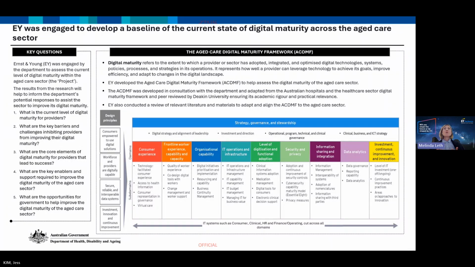In terms of the framework, hopefully this is reminding you of what the framework is in terms of those 10 domains, and lots of different colours there. These 10 domains were broken down into 37 subdomains. And I think overarching, within the survey, there were over 100 questions that we asked to help us understand that digital maturity. All right, we might move to the next slide.